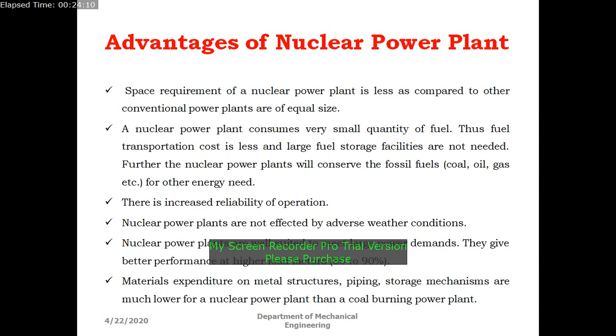And we need a large quantity of water, that means the cooling canals, we need location for the arrangement of cooling towers and everything. But coming to the nuclear power plant, the entire process is happening inside a closed vessel with openings for the circulation of coolant. So the place occupied by the nuclear power plant is less or reduced.